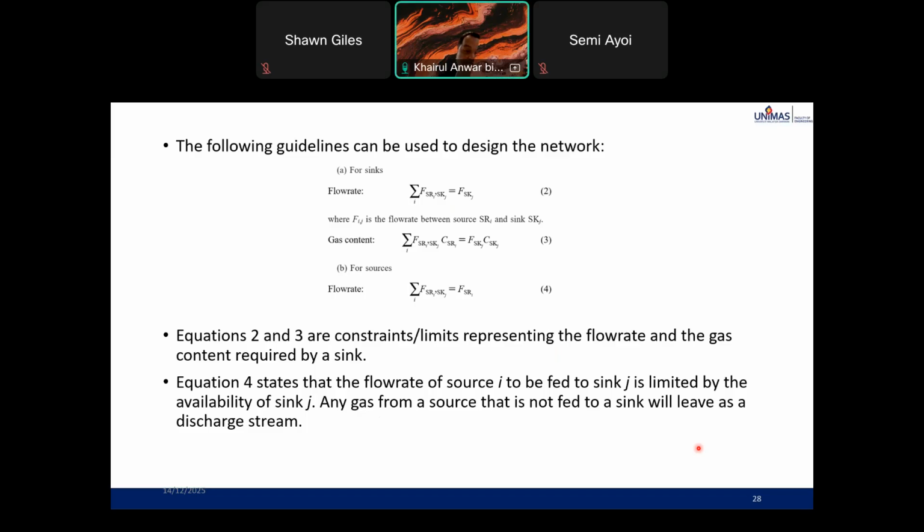Equation 1 is the same, with F equal to FSR, which is the source. Equations 2 and 3 are constraints or limits representing the flow rate requirement by the sink. Equation 4 states that the flow rate of source i and sink j